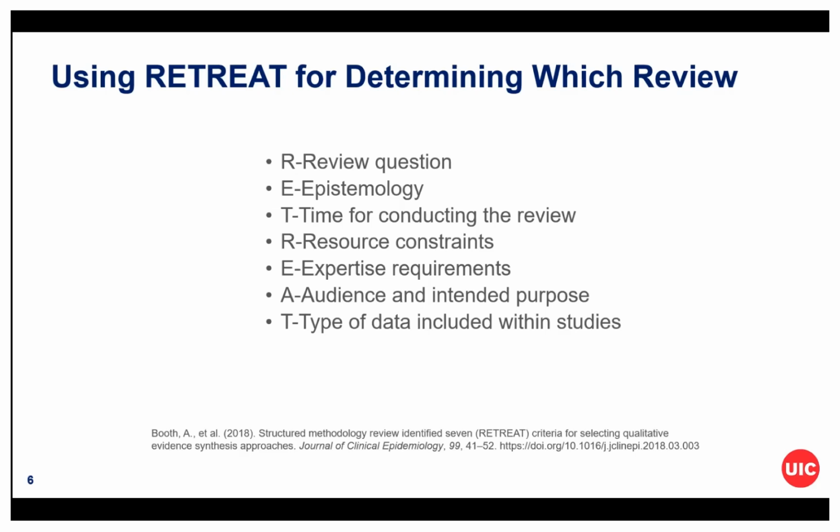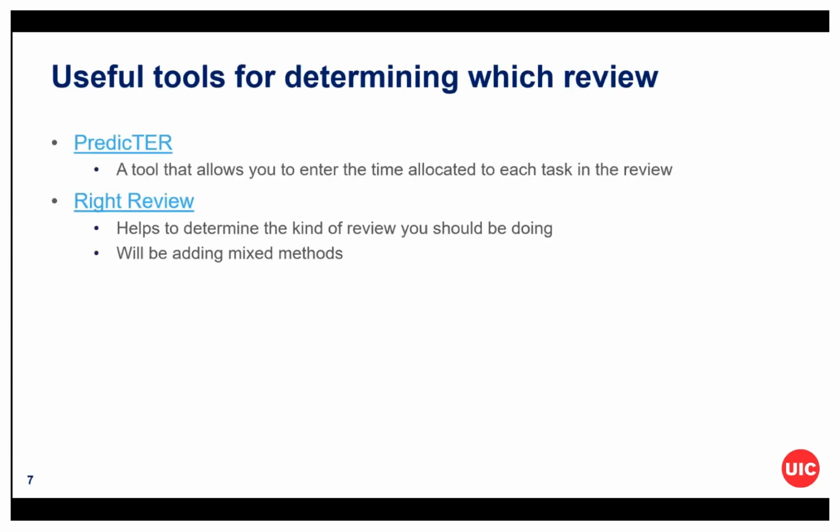who's the intended audience of the article? Is it educators? Is it clinicians? And the last T there is the types of data, the richness of the data. What data is out there? Can you actually do the kind of study that you're interested in based on the data that you're able to find or looking for? And then there are a couple of tools that might also be helpful for figuring out what kind of review article you should be